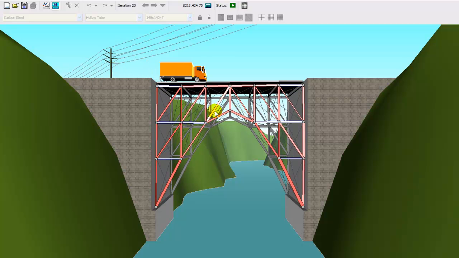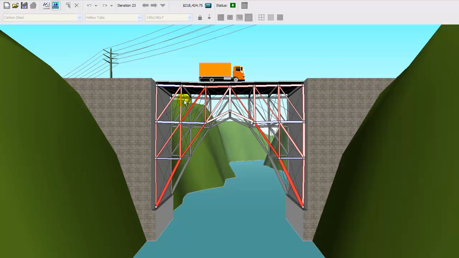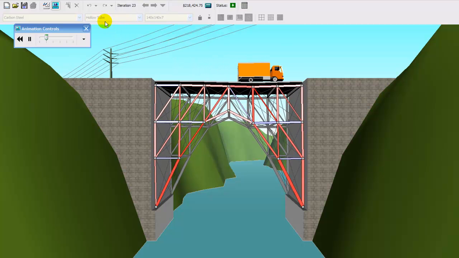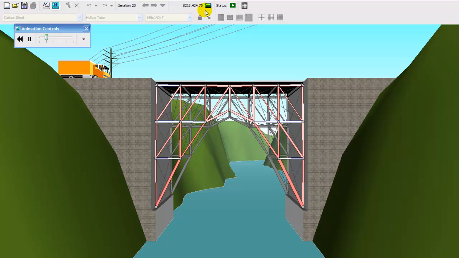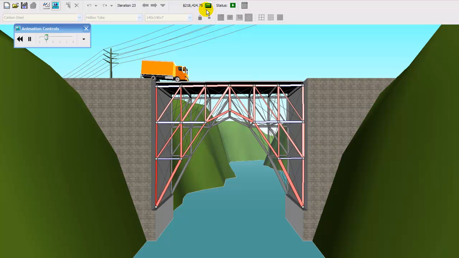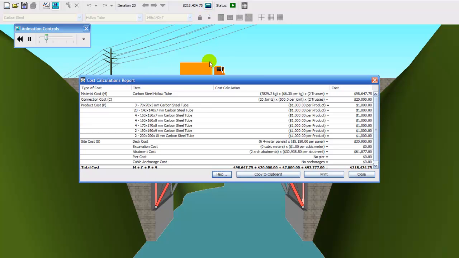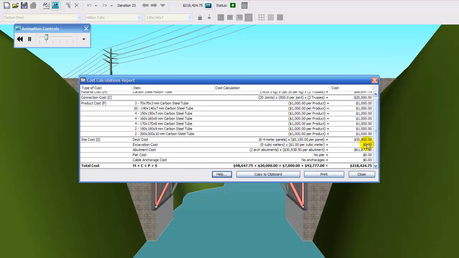So after going through and changing quite a few different things as far as our materials, either hollow or solid, and some of the dimensions of our materials, you can see we're under budget. We came in at $218,000. Another part of what you need to do is figure out what your site cost is and your material cost. Your material cost is listed here, and we're at $98,000 on materials, and then our site cost, which is all the work that went into building the site, is all right here. So to get to that,